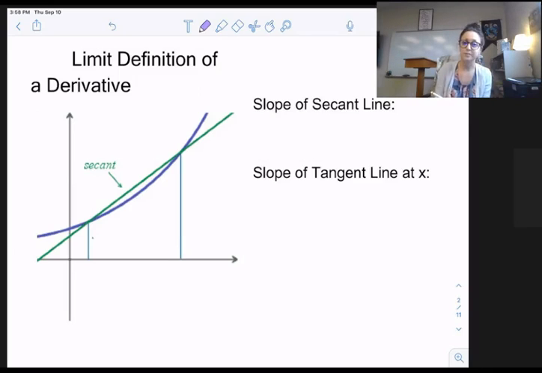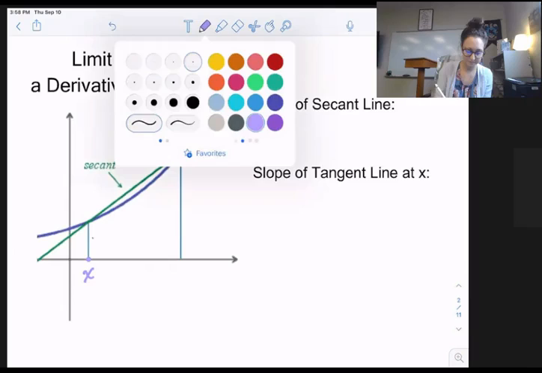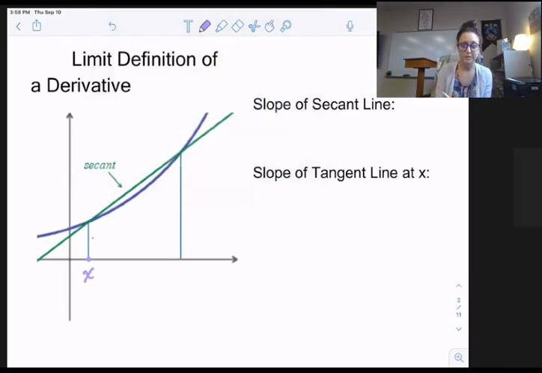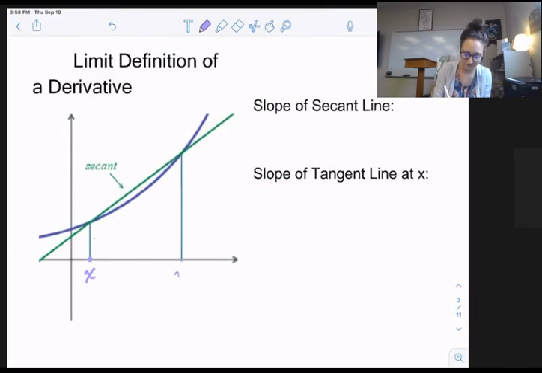Okay, so here's what I'd like for you to do. I'd like for you to put some labels on this graph for me. I'm going to call that x. Okay, and then I'm going to move over h units on the x-axis, and this will be x plus h. Okay, and then let's also find these y values. So if this blue graph, let's just call it generically y equals f of x,